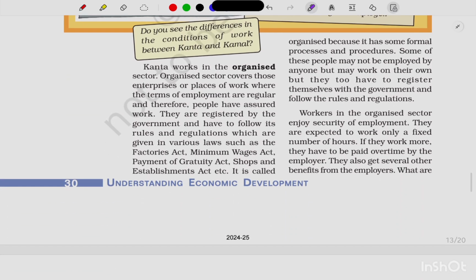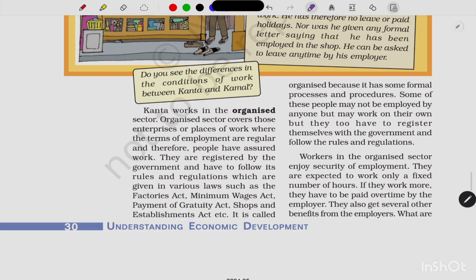Now, do you see the differences in the conditions of work between Kanta and Kamal? I hope you do. Now, Kanta works in an organized sector. Organized sector